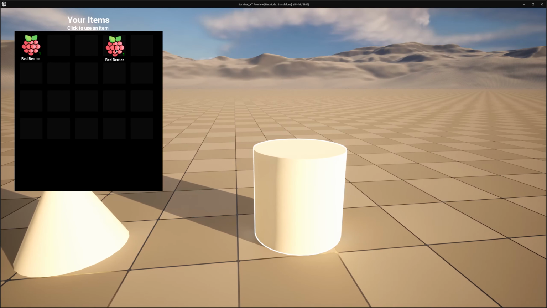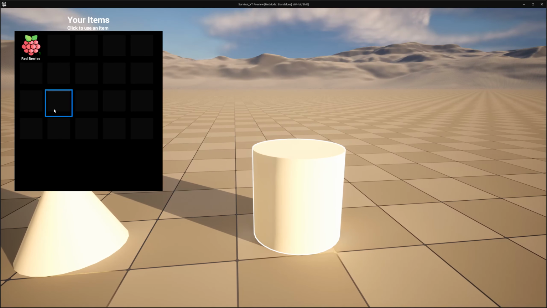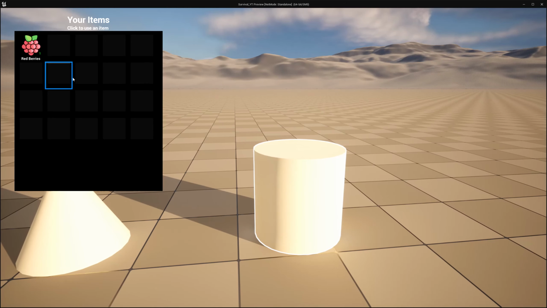Now you can see me dragging it around. There's no visual feedback of which slot we're currently hovered over. I want to have some sort of visual feedback when we do this. All right, so you can see here when we hover over this, and the other thing I want to fix too,